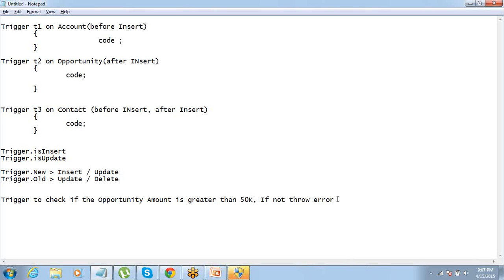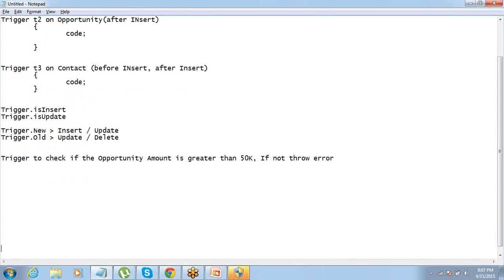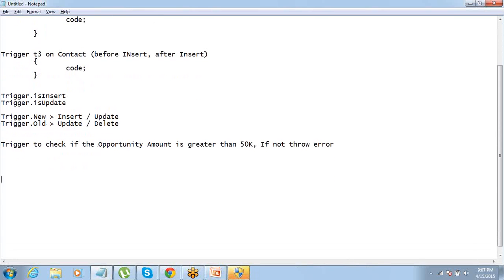Okay. So before I go into Salesforce and start writing it, can someone help me write it here? What should I write? How do I start? Quick. Someone will have to suggest. So how do I start? Look into the syntax and suggest. Trigger T1 on Opportunity. Trigger T1 on Opportunity, because we are talking about the Opportunity object here. Fine. What will be the event?